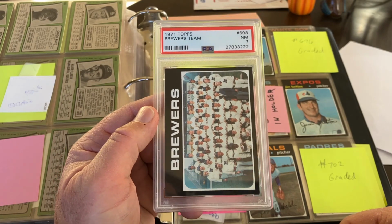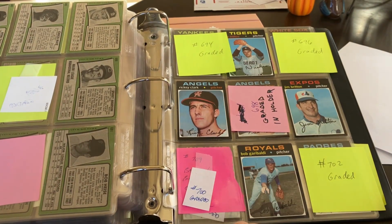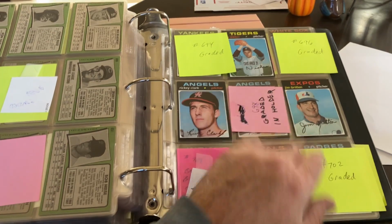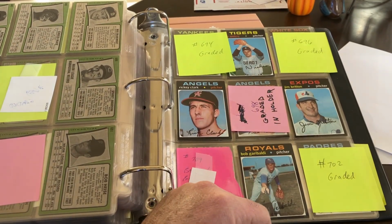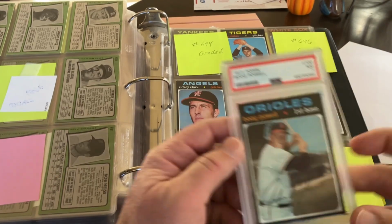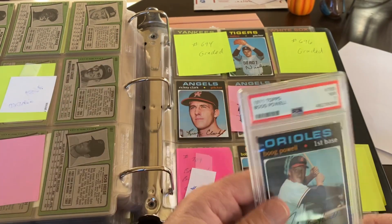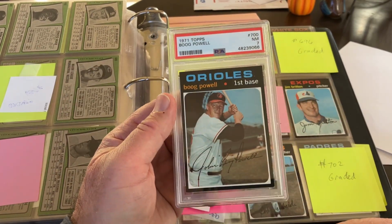7 on the Brewers team. Card 698. So I told you all this would be distracting if I didn't use the spacer, but I need to be like in my truck in 4 minutes driving very fast. So I'm sorry. I'm doing like the last time I did this. I need to leave myself like 3 hours for when I do these set things because...